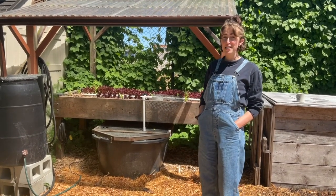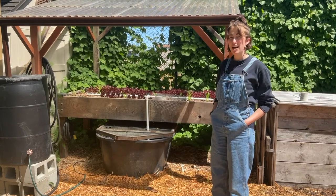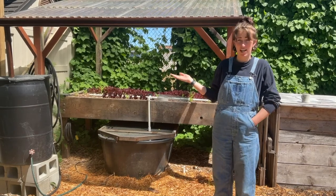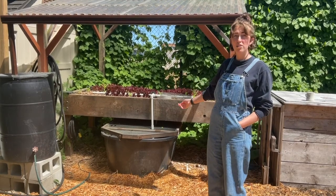Okay, so I'm standing here in front of our aquaponics system. Aquaponics is a really big word, but I'm going to explain what's going on here because it's actually pretty sweet and it's not very complicated. So in this black basin at the bottom, where you can see and probably hear the water running, we have